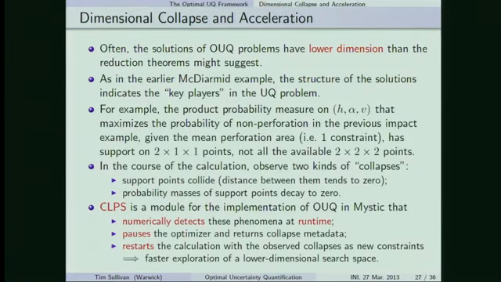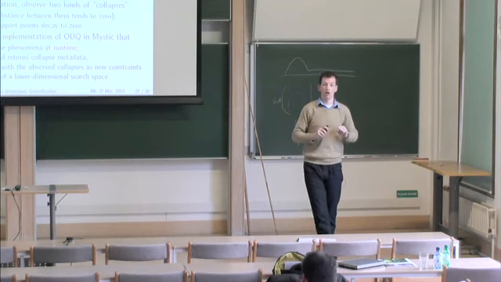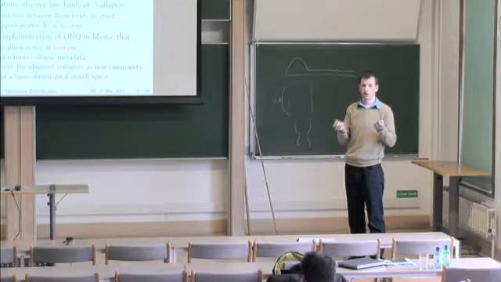Is that me at 5? Okay, good. So what often happens in the course of one of these optimization problems is, imagine this cloud of points that represents your discrete probability measure evolving during the course of the calculation. And these support points start to collide, they coalesce, or some of them, maybe they rush off to infinity, but they've got zero mass, so it's okay. Or maybe they stay bounded and they've got zero mass, so that's okay. But the point is you're not using all of the support points by the time you get to the extremizer. And the support points you are using are telling you something very important about the key uncertainties in the problem.